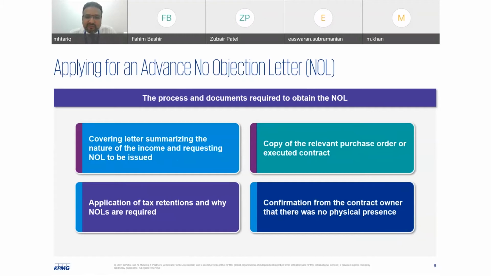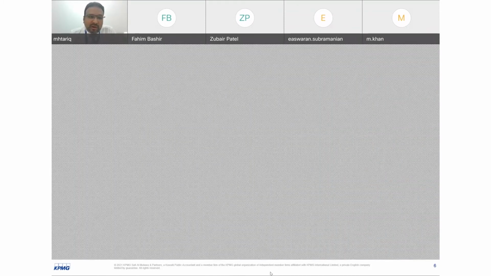But as we have seen, due to commercial reasons, if a contract owner is not retaining 5%, then there are consequences on this. So for a foreign company, we have seen, Zubair, many times that tax authorities disallow that cost in full, where a contract owner is not retaining 5% tax retentions. And this is not limited to foreign companies, by the way. As per the Article 39, local companies are also required, they can be asked by tax authorities to pay taxes on behalf of the contractor. So this obligation should be applied very carefully with all the suppliers and services contracts in Kuwait.